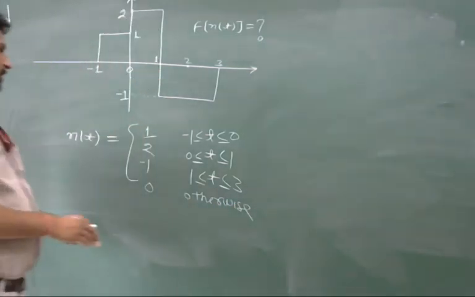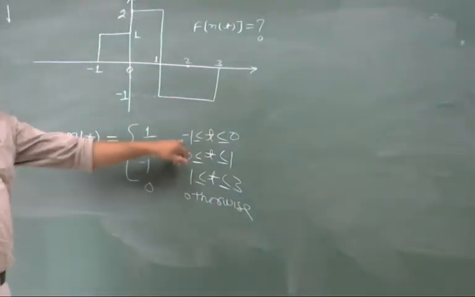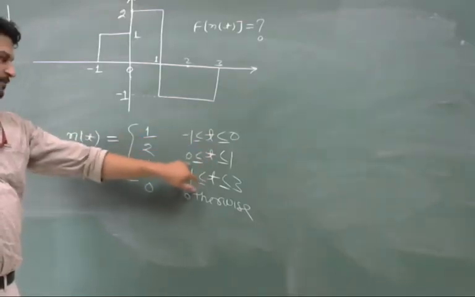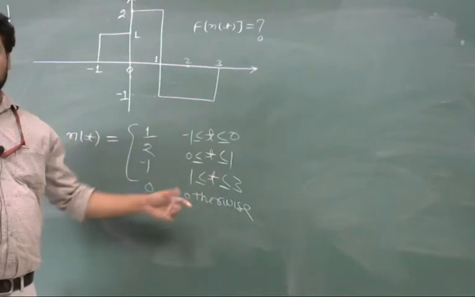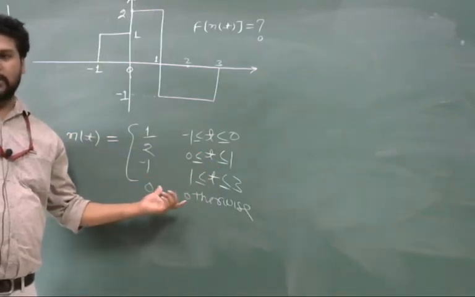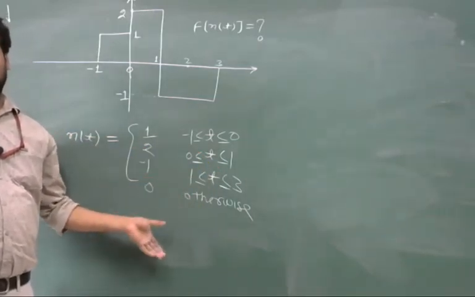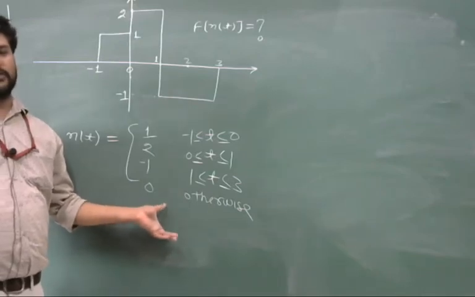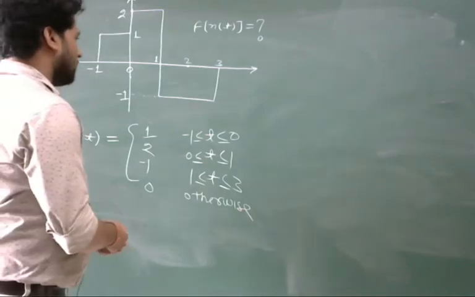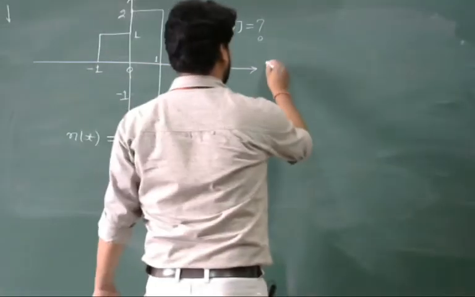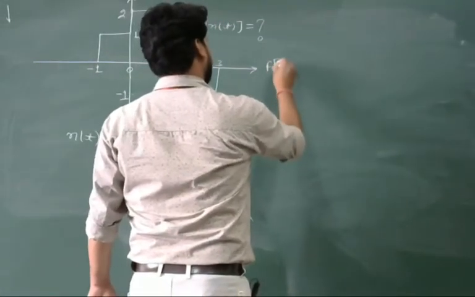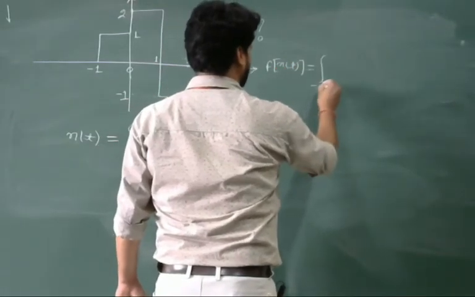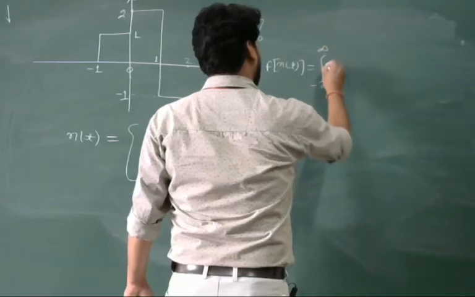So we have to break the limit in three parts. One is from minus 1 to 0, the other one is from 0 to plus 1, and the next one is from 1 to plus 3. And the value of the signal will remain 0 for the other values of t. So I can write the expression for the Fourier transform as, it is xt